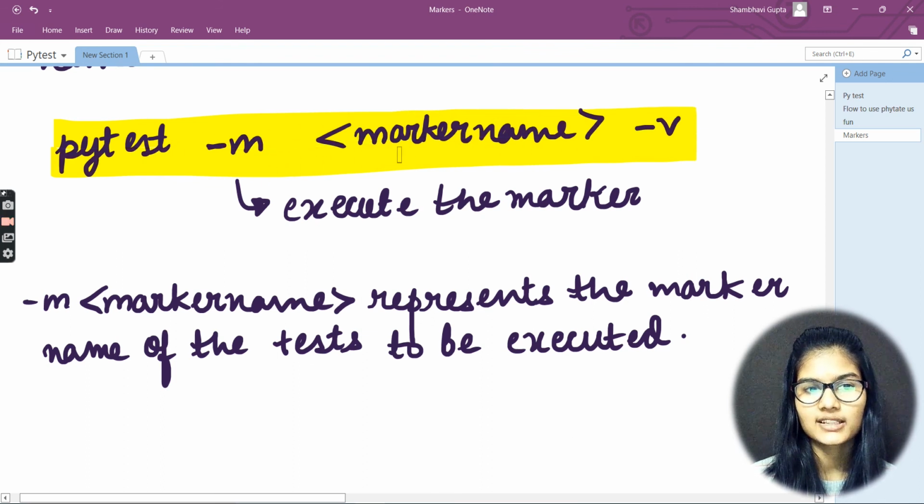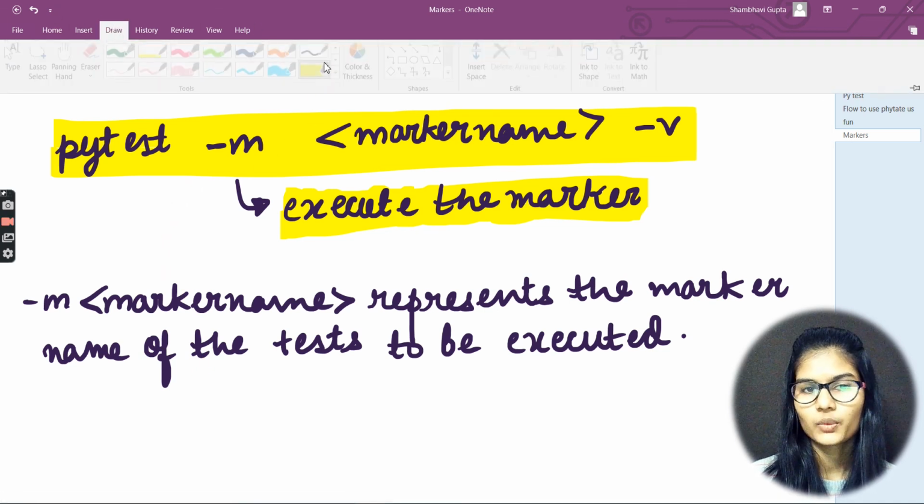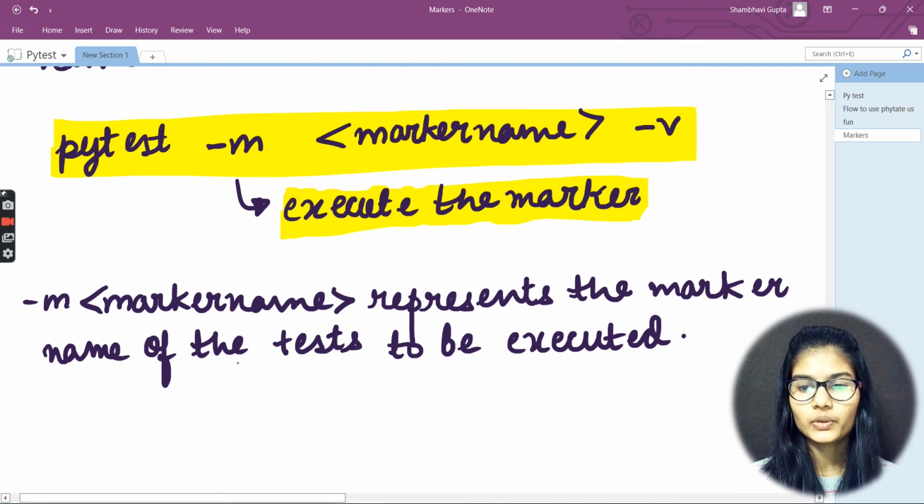Fine. So this is pytest dash m marker name dash v, and that's used for executing the marker. So for executing the marker, this is the command which is used. And this dash m marker name represents the marker name of the test to be executed, right? So hope I'm very clear with all of these things which I mentioned regarding the markers. Now in the further video, we are going to see the practical implementation of making the markers,